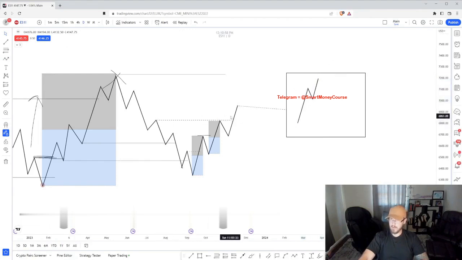Yes, we took out equal highs. Yes, we're in premium of the daily range, but the daily is bullish. If the 4-hour is bullish and it hasn't shown displacement down, I'm going to look for longs. Sometimes I might not find a long because you might get a quick reversal. But until you get this pattern right here, the displacement down, I'm not looking for price to return down to